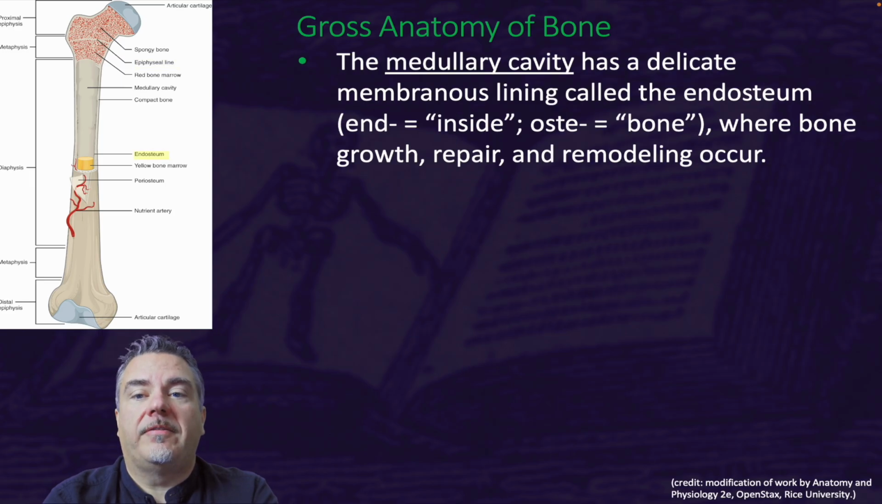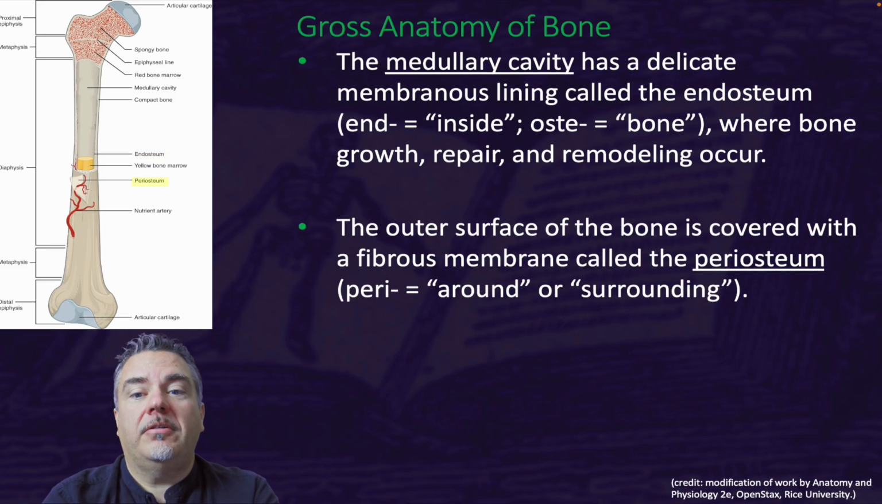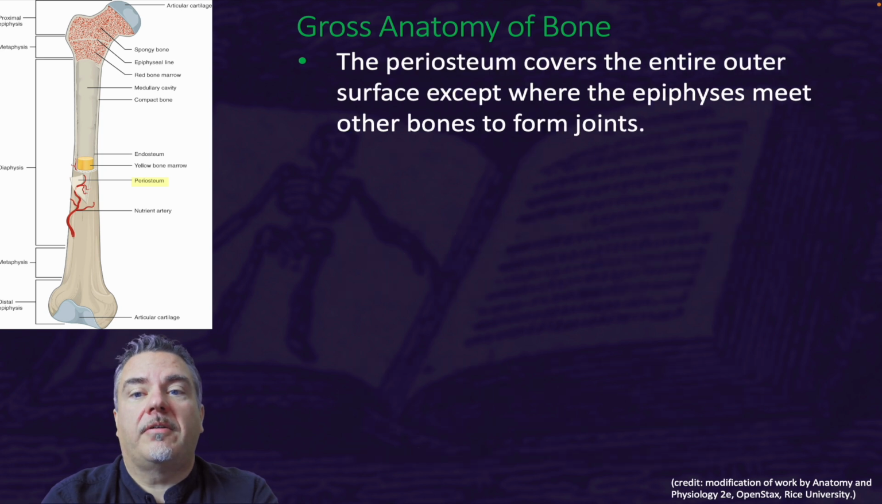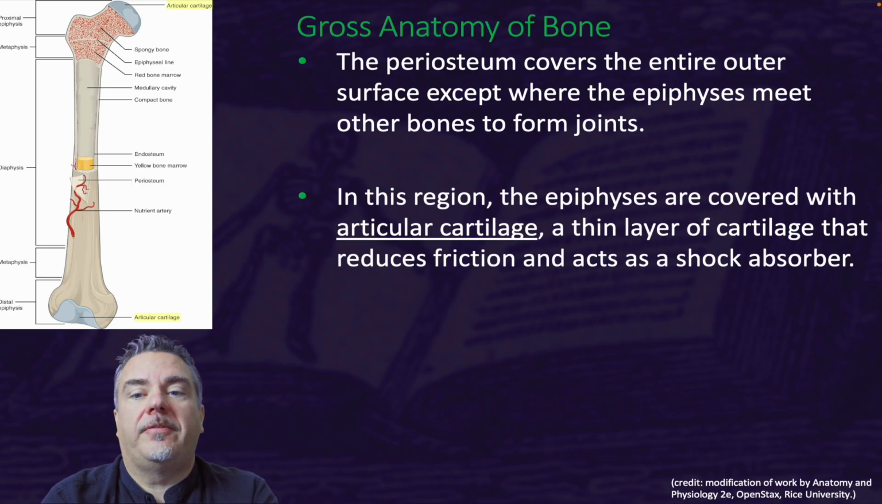The medullary cavity has a delicate membranous lining called the endosteum, where bone growth, repair, and remodeling occur. The outer surface of the bone is covered with a fibrous membrane called the periosteum. The periosteum contains blood vessels, nerves, and lymphatic vessels that nourish compact bone. Tendons and ligaments also attach the bones to the periosteum. The periosteum covers the entire outer surface except where the epiphysis meets other bones to form joints. In this region, the epiphyses are covered with articular cartilage, a thin layer of cartilage that reduces friction and acts